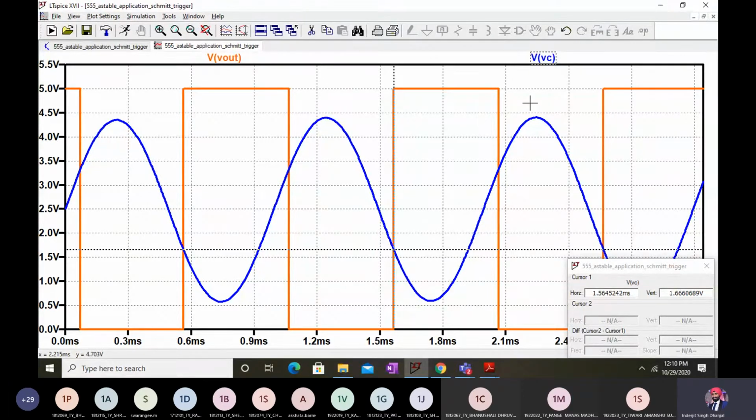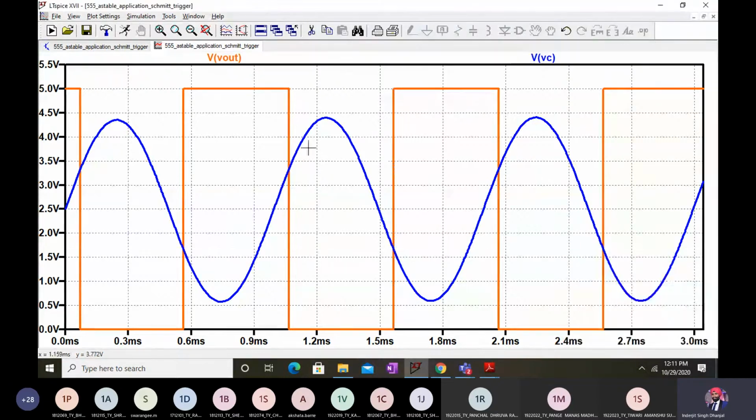The criteria is that VUTP or VLTP is smaller than the input. Correct. So that means the input should be greater than VUTP and VLTP combined. Your input amplitude, which you are applying, may be any irregular shape, but it should be greater than your VUTP and VLTP combined. That's the only condition which we have. Combined in the sense that the input should be greater than the VUTP voltage, and similarly on the negative side. Fine, so that's how it operates.